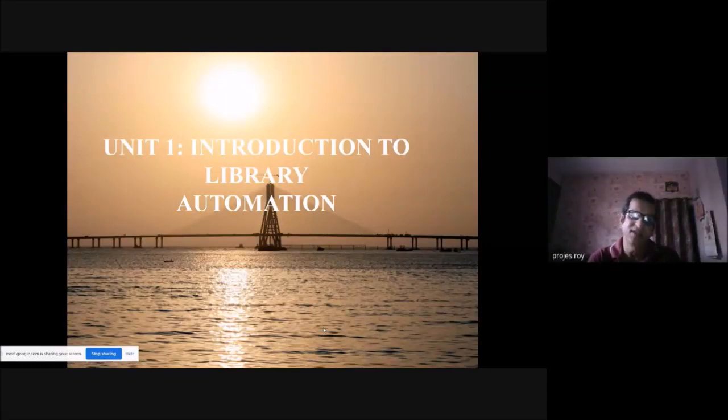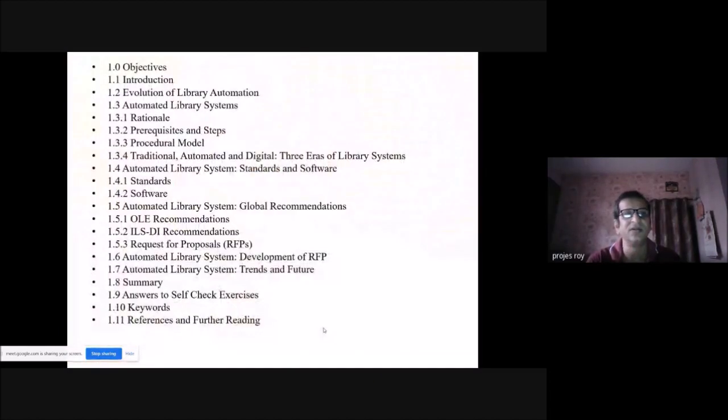This is the very beginning of the library automation concept in 229 of the BLIS course. Here you can see Unit 1, Introduction to Library Automation. What is the content we are going to study in this chapter? Let's have a look. It's normally the objective of that particular chapter, then introduction, evolution of library automation, automated library